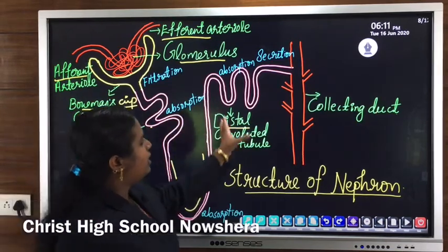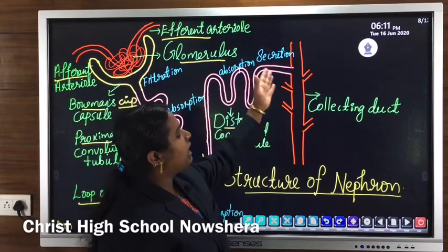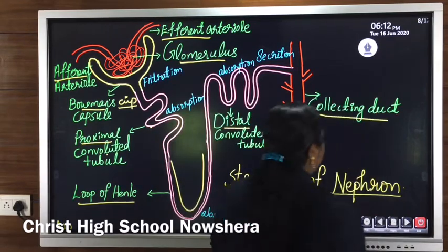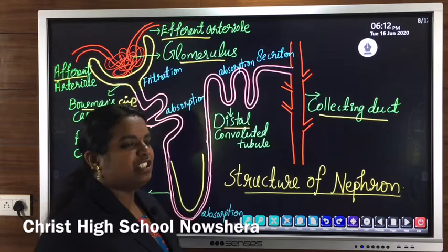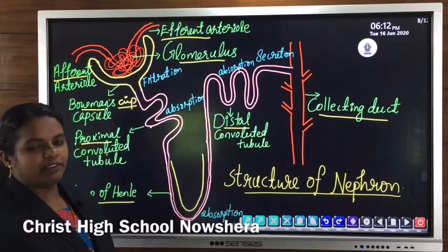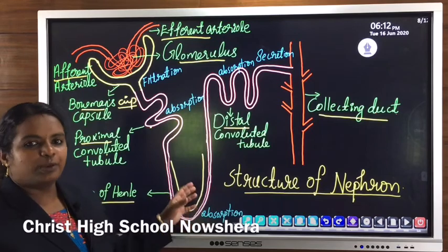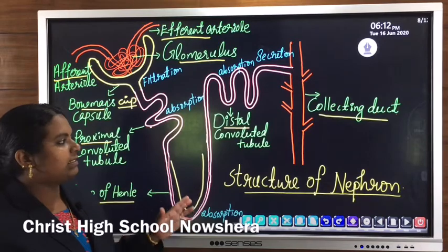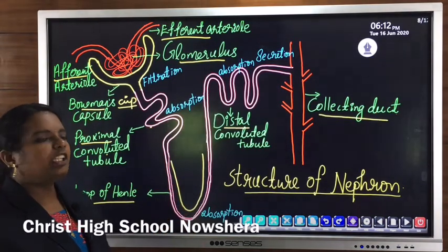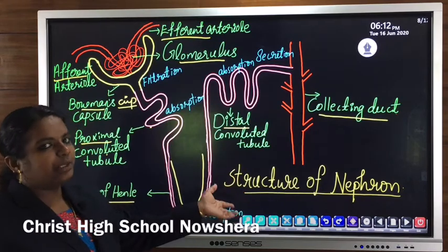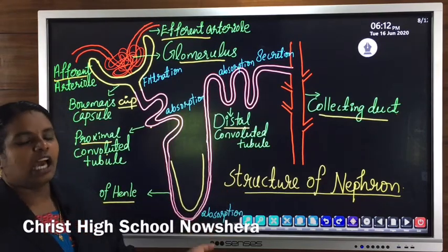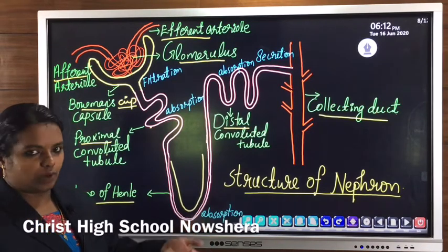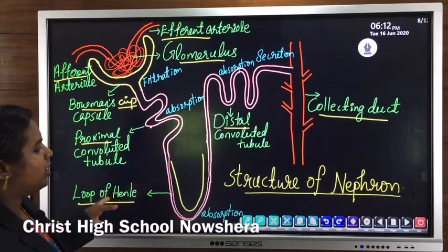And this distal convoluted tubule, this folded structure, leads to another tubular structure, the last part, which is known as the collecting duct. It collects the secretion which comes from the distal convoluted tubule after the process of removal of waste. So that excretory product, or urine, is collected by the collecting duct and moves to the ureter, and the ureter carries that to the urinary bladder. From the urinary bladder, at the time of urination, the urethra carries the urine out. Clear? So this is the structure of a nephron.